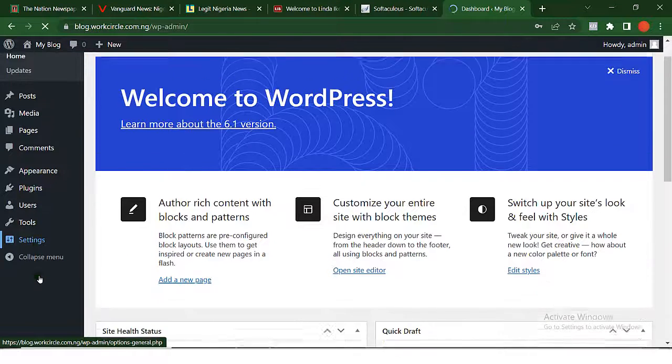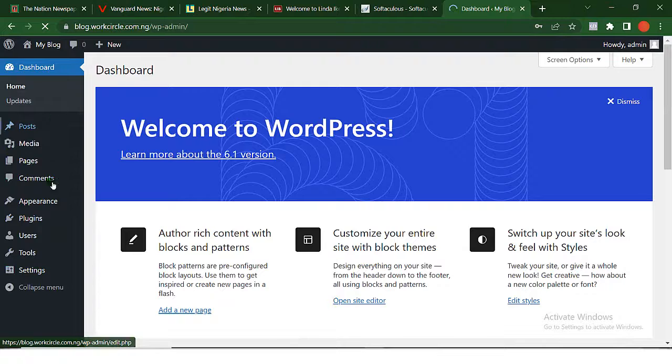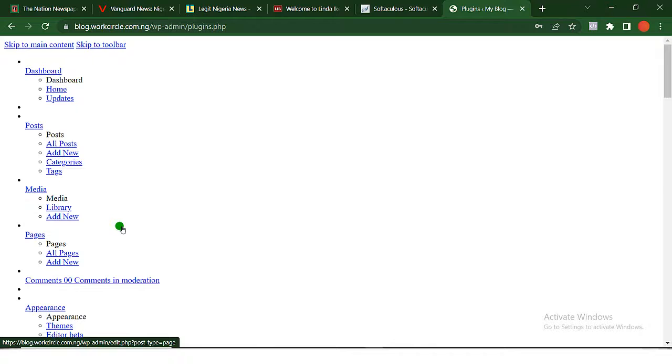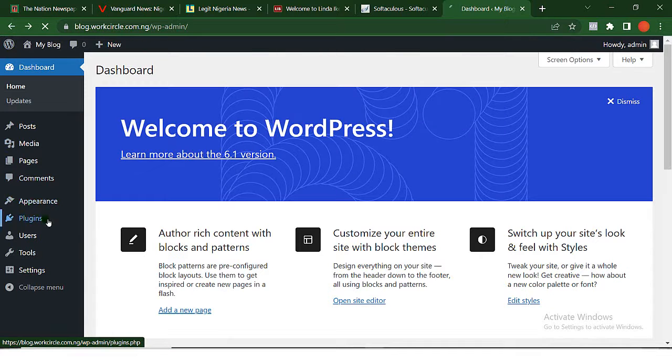Alright, this is our back end for blog.workcycle.com.ng. So first thing first, like I always say, you go and install a plugin called Classic Editor. With this Classic Editor, we can make necessary changes on our website. Okay, this is not loading properly, so I'll just go ahead and